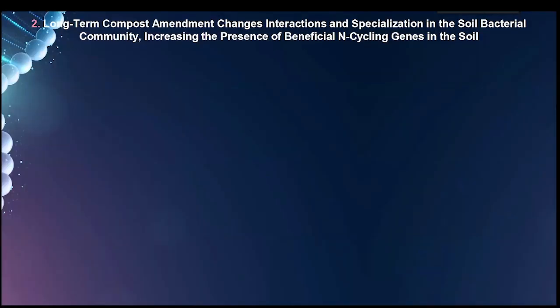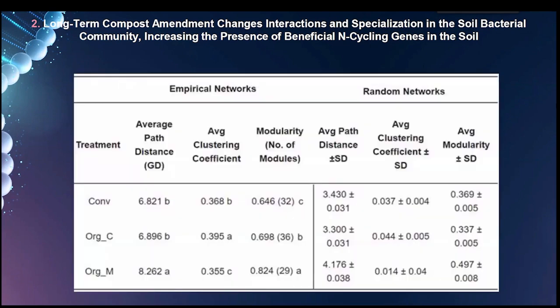Well, now I am going to talk about the results of the second publication. First, we get a network. If you perform your network, you will get the empirical network. It means your own data, the result of your network. But MENA produced 100 random networks, so you can compare your cropping system with random networks.